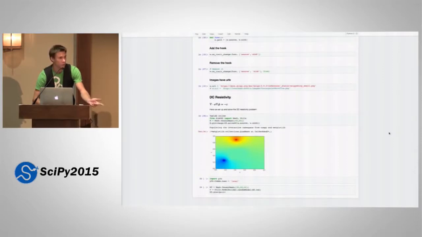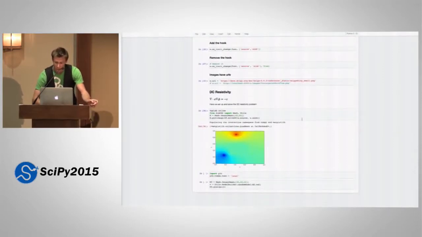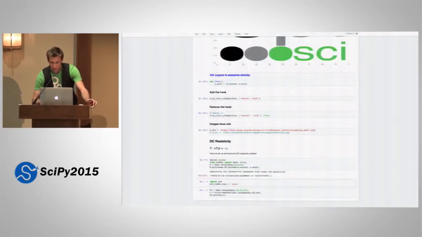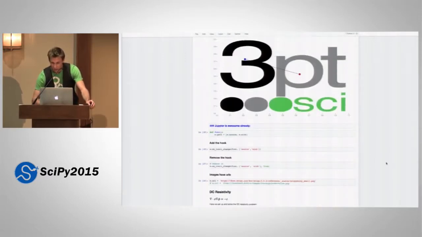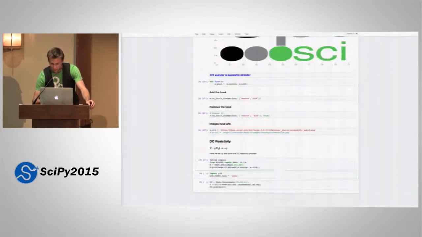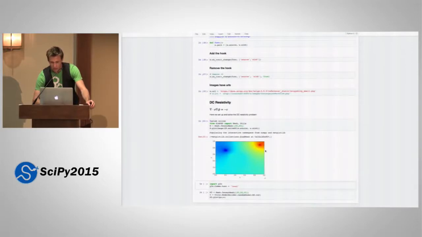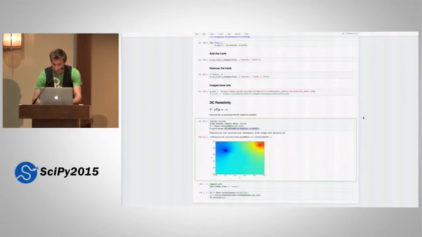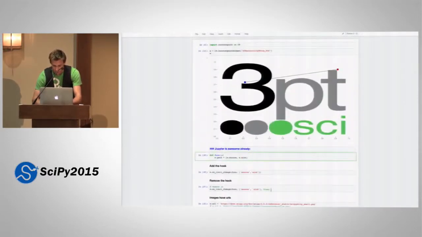So we do a lot of work in the geosciences in education, and especially with solving direct current resistivity and doing PDE solves. So we can hook this up to the visualization like that. And so as you can see here, if I drag this over here to the top right, run this code again, it changes where that source was. And so what we want to do is be able to directly interact with all of this. And so we can just remove that hook and then put this in here